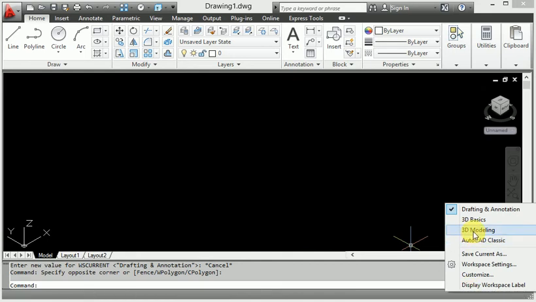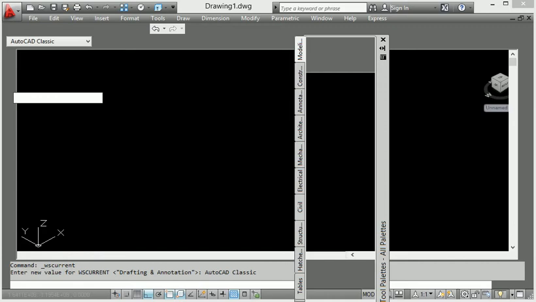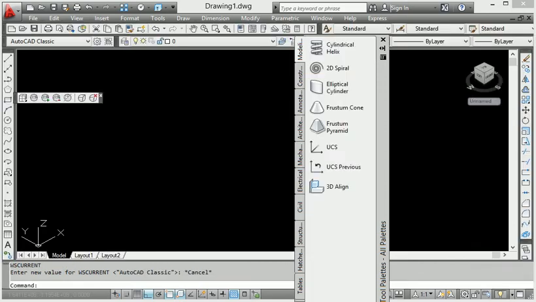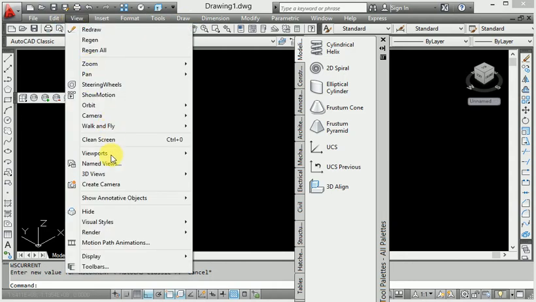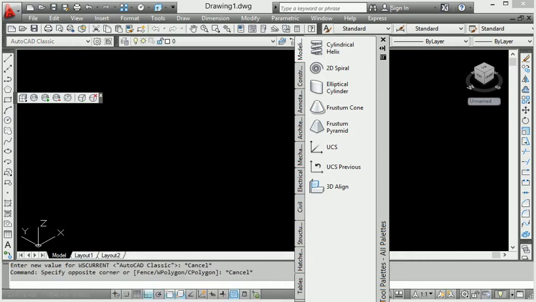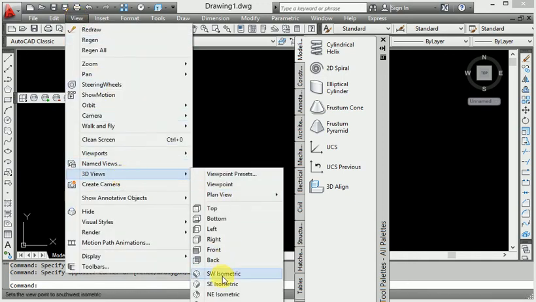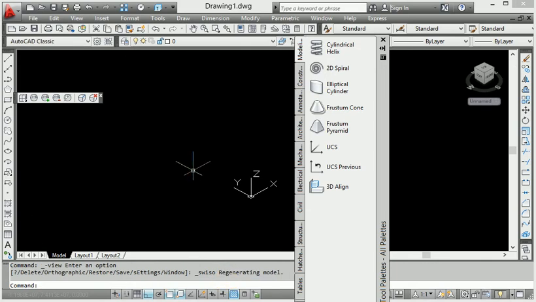Here the 3D AutoCAD 3D Classic. And let's start how to work from here. Look at this cylindrical helix curve. Here is the view right now. Look at this, it is a different view. We get the selection, top view working. We have a top selection. Isometric view work. We have the isometric selection.